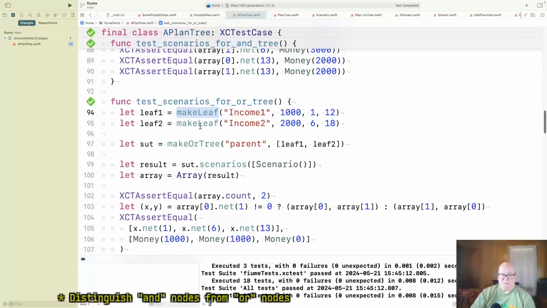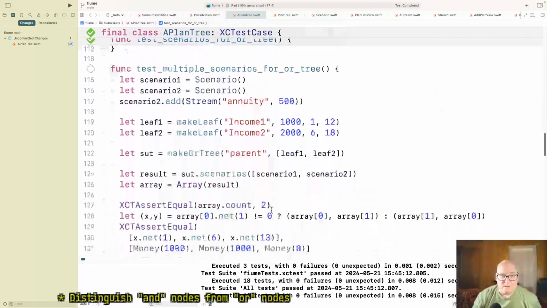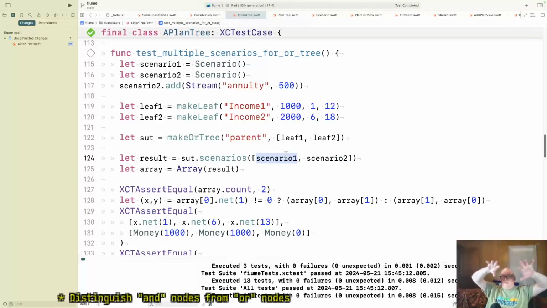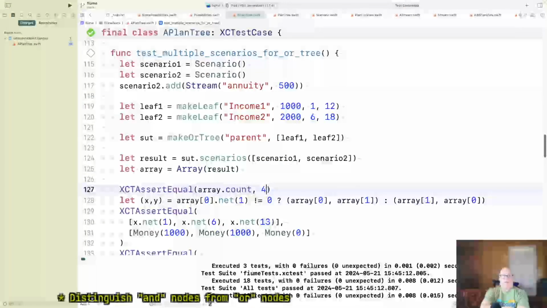But I think this case that I'm starting down is saying, hey, you're supposed to run through and make copies of each scenario, one for each child. So this one is starting with two separate scenarios that have already been generated, so who knows how, and saying, okay, generate these things, and the count should be 4.